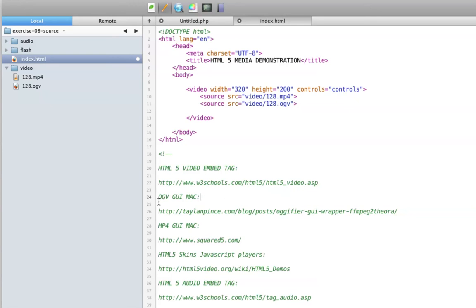And if you're interested to learn how to convert from one file type to another, there are some great open source and free programs out there. I happen to be working on Mac, and I provided a link to an OGV converter for Mac. There's also many for Windows. If you search for it, you'll have no problem finding that. If you type in OGG or OGV Theora, and GUI, graphic user interface, for converting, it will use the FFmpeg to Theora command line